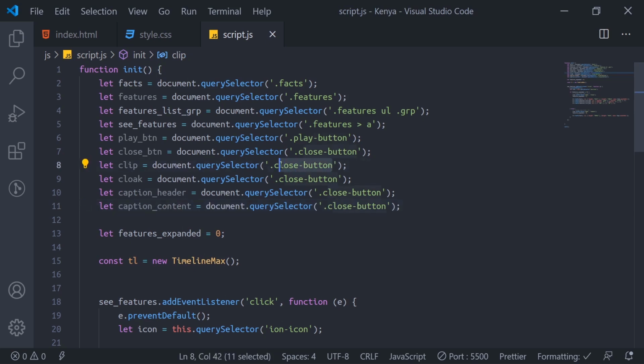I'll come here and say dot clip, then dot cloak, then caption h3, then caption p.